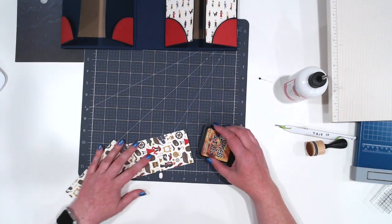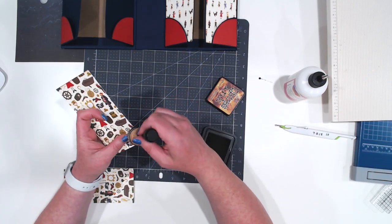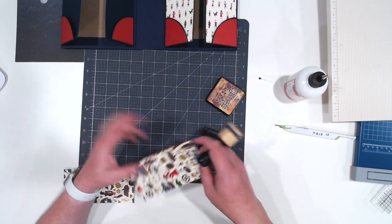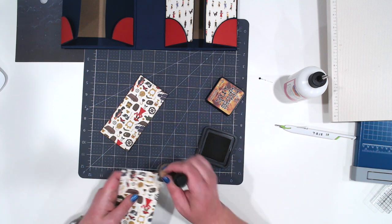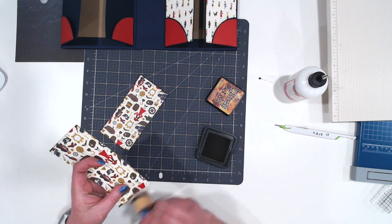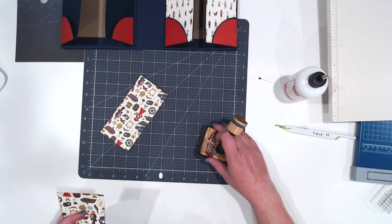And I'm actually going to ink these, imagine that, because I never ink stuff, but this one just kind of needed it, I think. Okay,